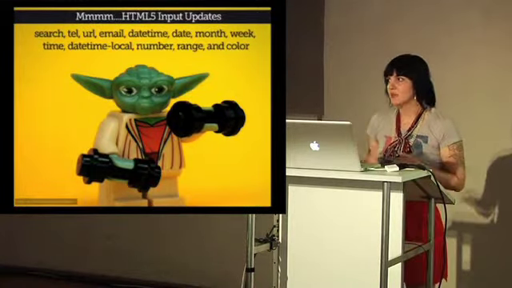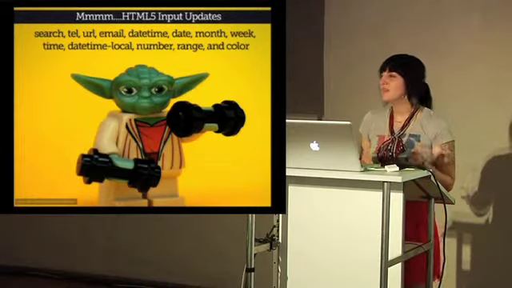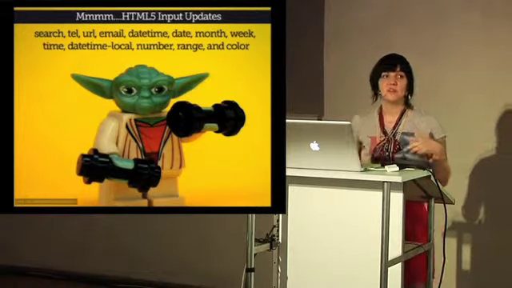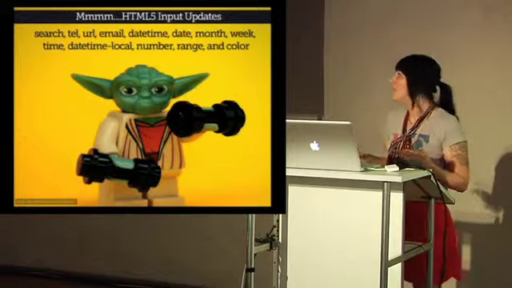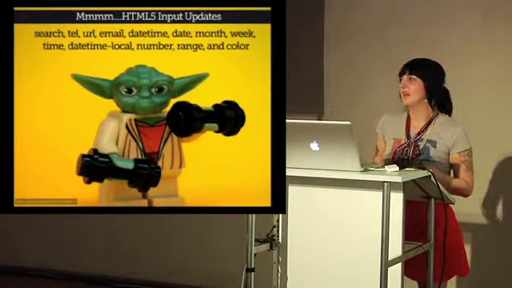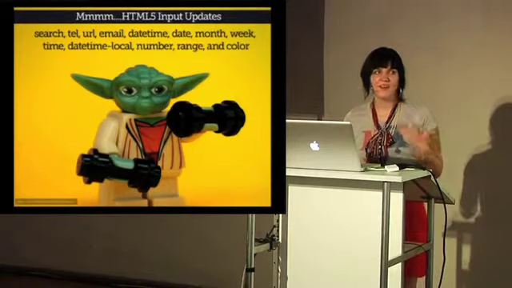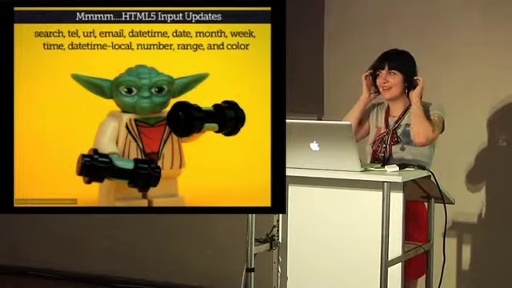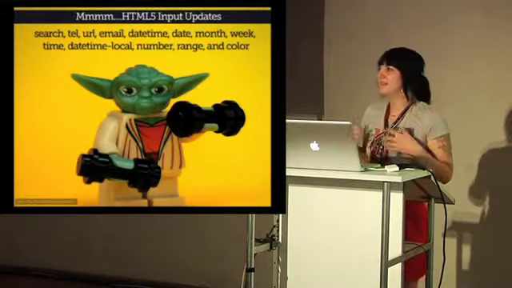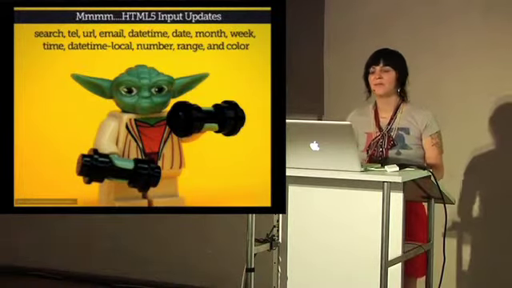The nice thing about starting to implement these new input types is that if a browser doesn't recognize it, like type equals search, it'll default back to type equals text. If the validation of things, like making sure a telephone number is in valid format, fell to the browsers instead, it would save developers a lot of time to focus on other things like accessibility and good interaction. Of course, if you are going to implement any of these, I would still say to do a JavaScript backup for browsers that don't support this. So again, it's sort of double work, but it's moving the web, I think, in a great place.